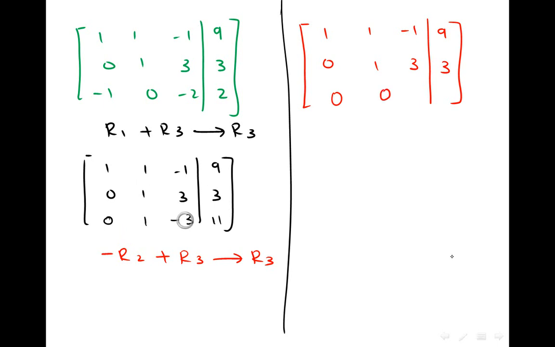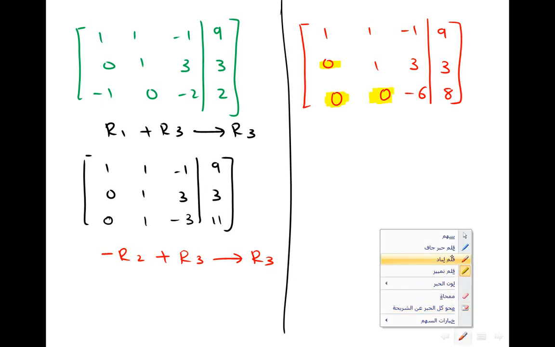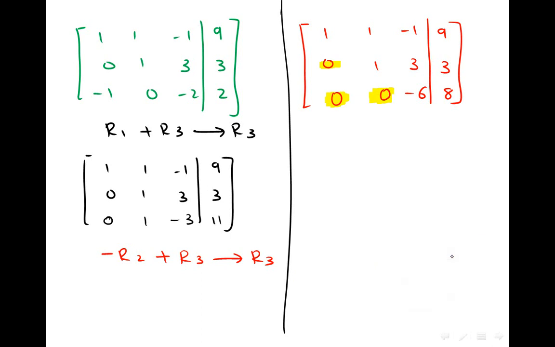Negative 3 and negative 3 together will be negative 6. Don't forget that this is multiplied by negative. So 11 and negative 3 will be 8. Now we're on the right track. You can see that those three numbers are now zeros. So now I'm going to